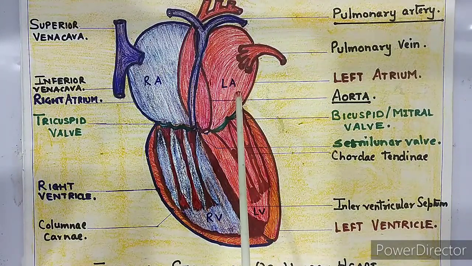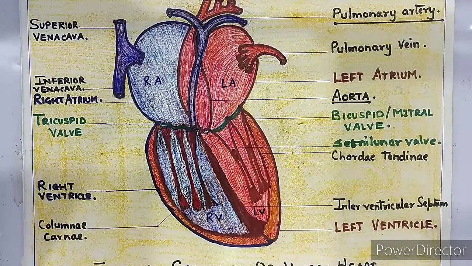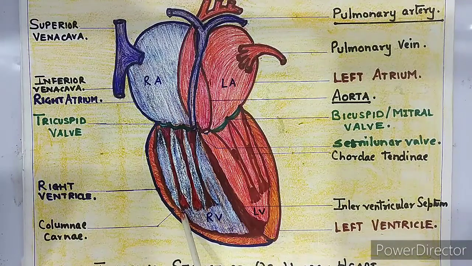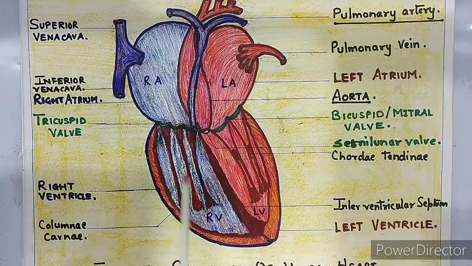Fine, children? At the same time, if you concentrate on the lower conical or pointed chambers, the ventricles, children, here the ventricles show the presence of chordae tendineae and the columnae carneae. They help in the opening and the closing of the valves. So next, children, we'll be again moving to the theory.